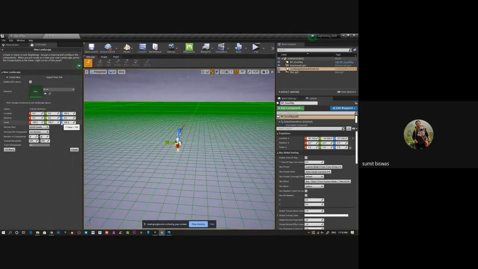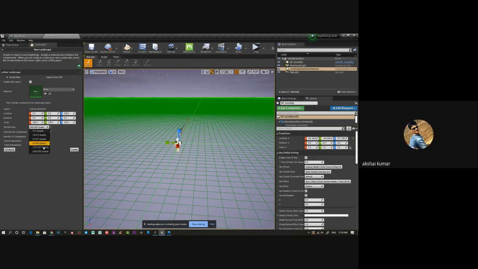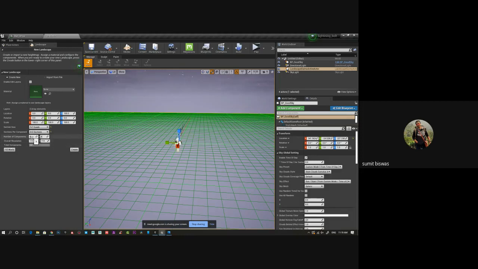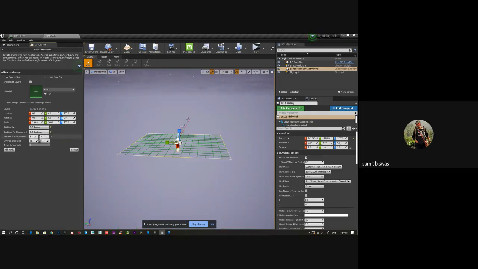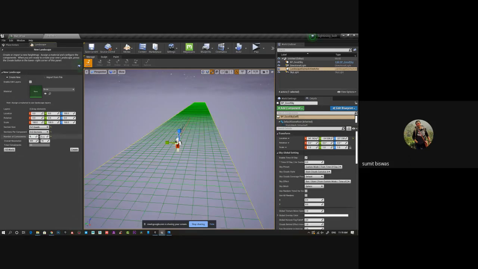If you have layers, you can have layers also. The size is 63 quads. I can move to 255 if you increase the length. Section I can make it two, like all these settings. 2 by 2 basically doubles the size of your landscape, and 255 by 255 quads increases the number of quads. You have all these small boxes. Let's keep it small, and you can increase or decrease the number of components. Right now it's 8. I can increase or decrease, you can see. So I can have 1 by 1 or maybe 32. 8 by 8 is decent enough.